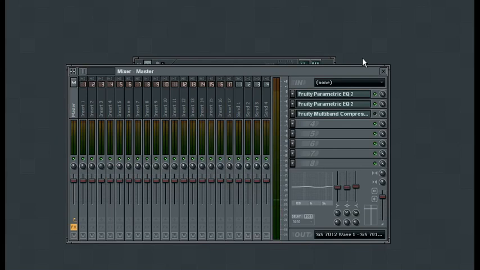So the goal is not to try to make your track sound like it does on the radio or on a CD. For that, I would definitely suggest taking your music to a mastering house and having someone with an objective ear who has the equipment and the know-how to really take the time to work on your track. That's not to say that you can't master your own stuff at home using FL Studio, but